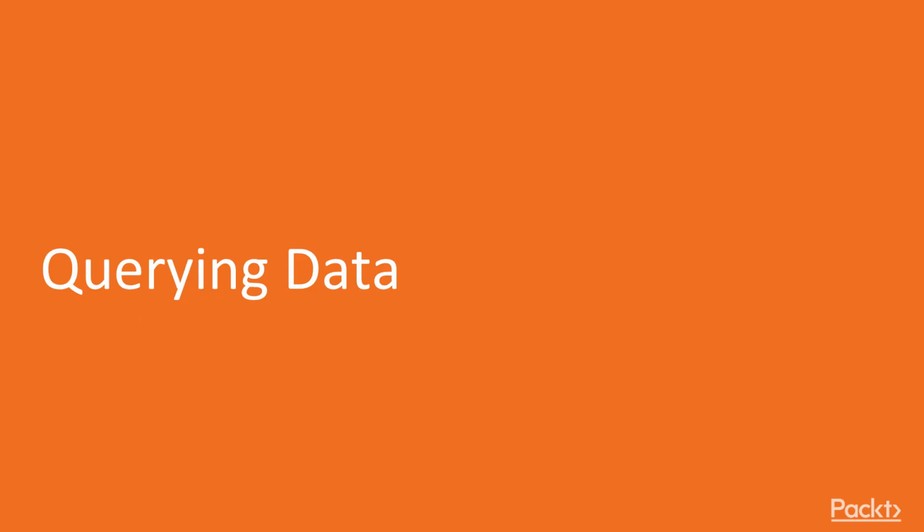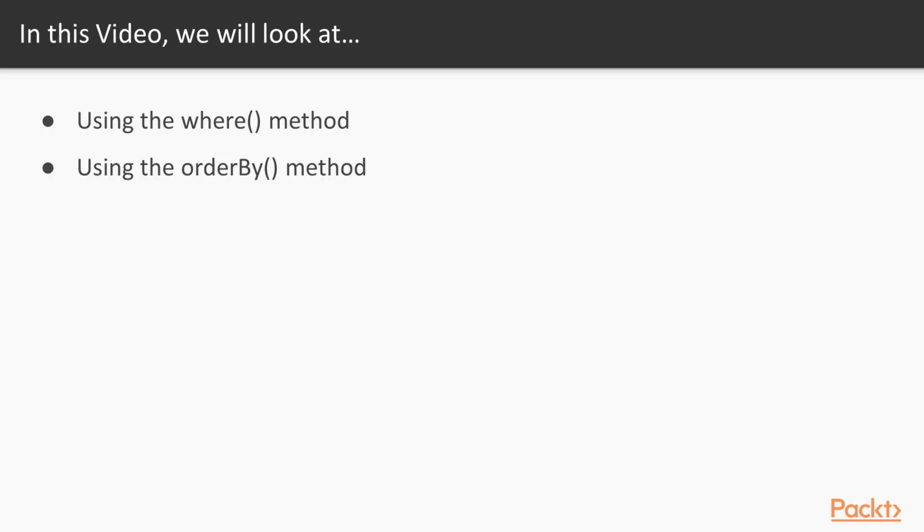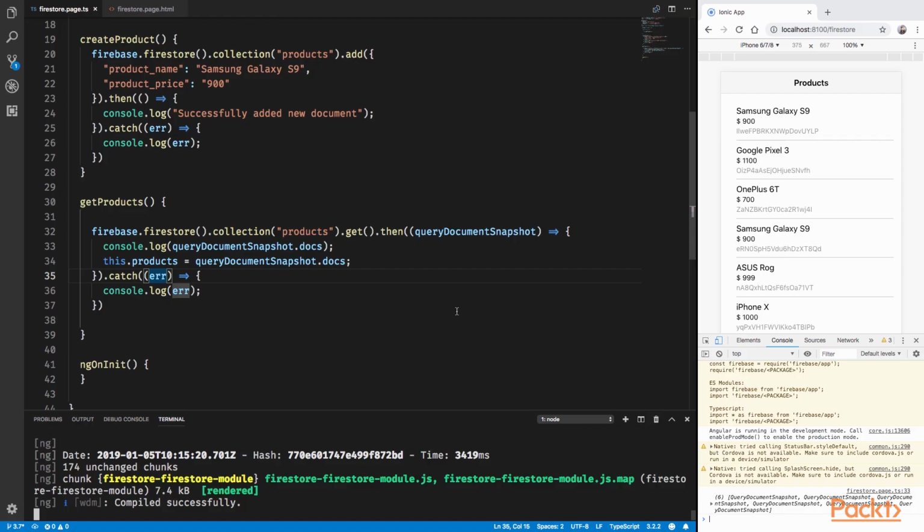In this lesson, we are going to learn about querying data from Cloud Firestore. We'll start by understanding how we can use the where method which is offered by the Firebase SDK, and then we'll also understand how we can use the order by method which is also a part of the core Firebase SDK. So let's head back to Visual Studio Code, and inside Visual Studio Code in the getProducts function